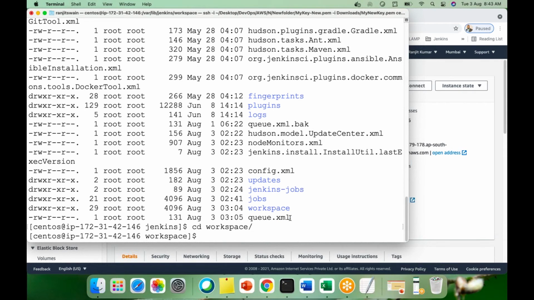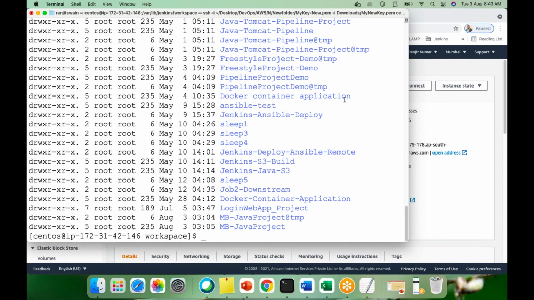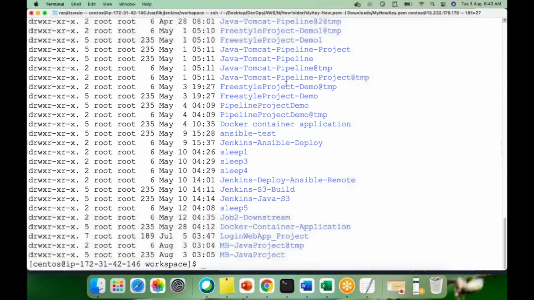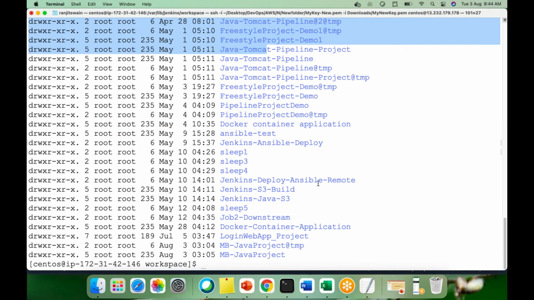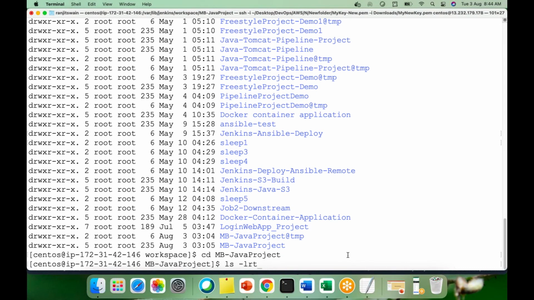workspace. And in this workspace, you'll find all the job folders. Whatever jobs and projects we have created, all of them will be separate folders here. See, here we have all the separate folders, the job names. So you have to find which job you are working on. Suppose we are working on this MB Java project, right? So you have to go to this project folder, cd, this is the project folder, and here you can find